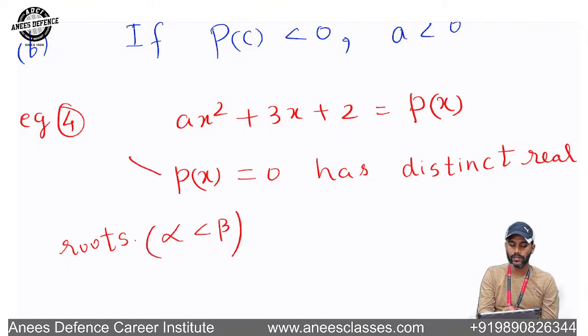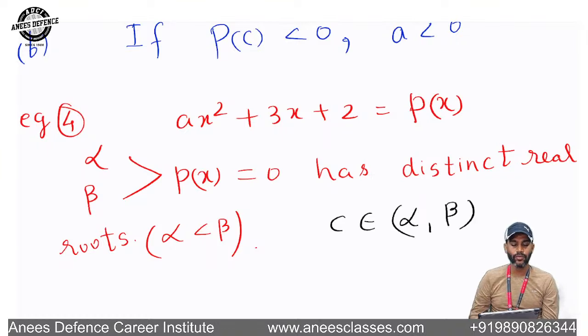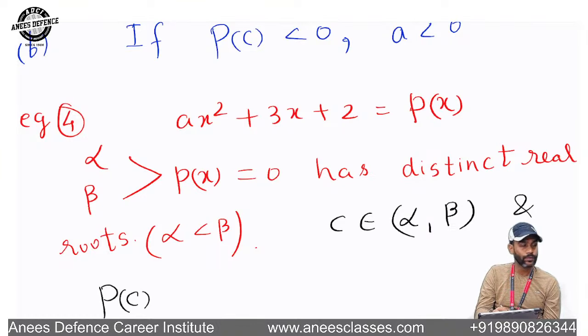The roots of p of x are alpha and beta. C belongs to (alpha, beta), and p of c is negative. Then,